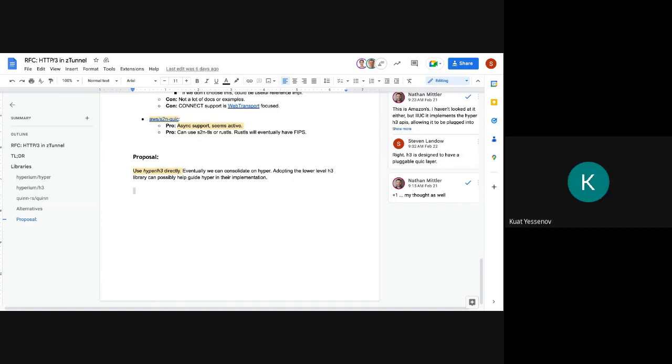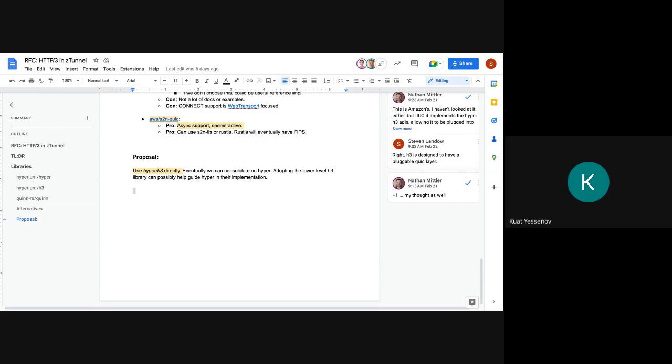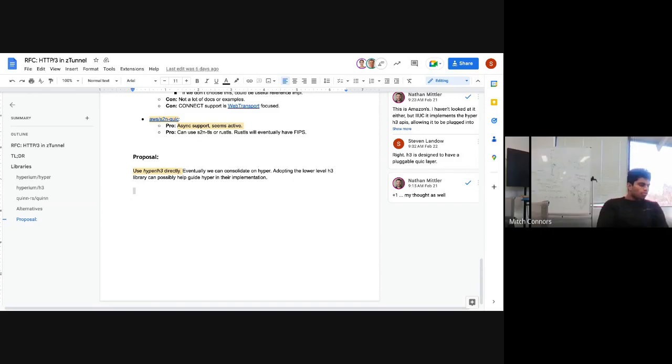Well, right. For me, what I care about is how much use it gets, and right now QUICHE has a lot more use for UDP and QUIC. So if we choose any library, I don't really care which language or technology, it has to have some kind of use. We shouldn't be the ones who have to iron out all the protocol edge cases. Right, but to that point, Hyper is probably the standard HTTP library for Rust, and it's going to build its H3 solution on Quinn. So we're still in good shape.